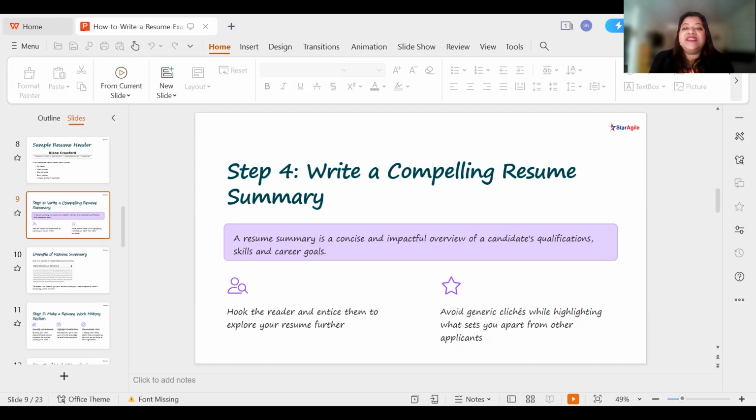Step number 6 is creating a resume skill set. As I mentioned in the beginning of the video, we all need to make a list of the hard and soft skills we have. When writing a resume, you must include at least one bulleted list of skills, no matter what resume format you are using. And these skills should be a mix of hard and soft skills to show the recruiter that